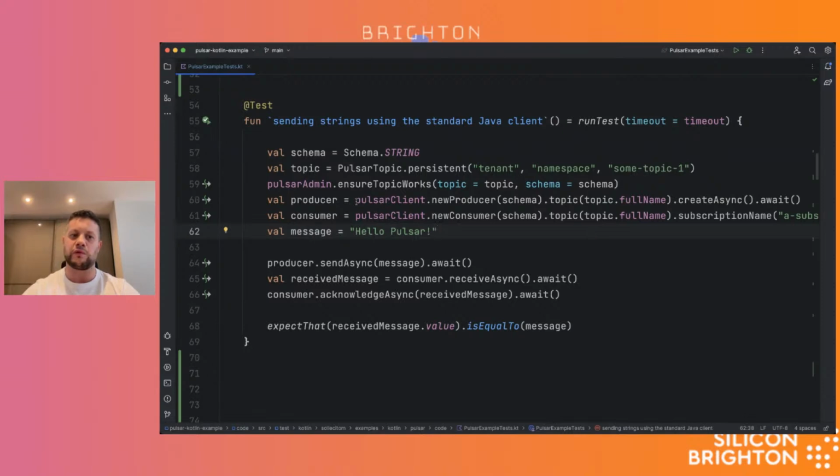As an example, consider line 60, where I'm waiting for the create async operation on the producer. What's happening is that the coroutine will suspend and resume after this function returns, right? So it's very different compared to how it would normally look if you were to block the thread. And this allows you to use the resources on your machine in a more efficient way.